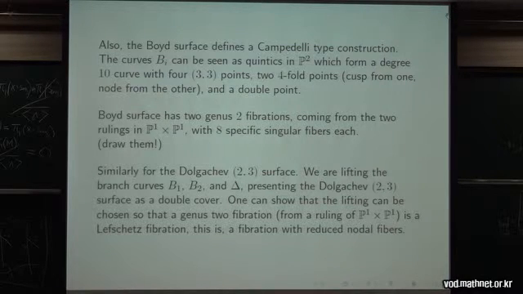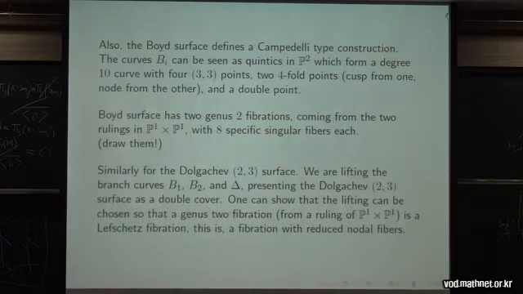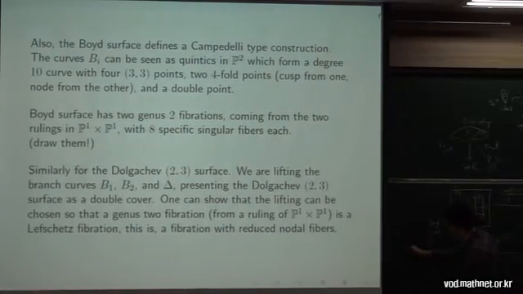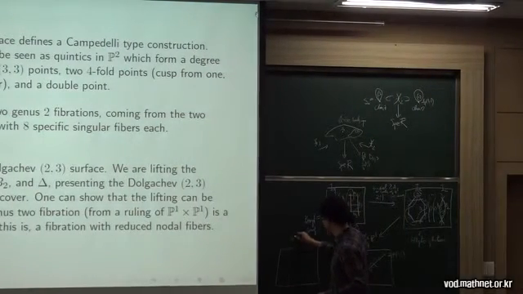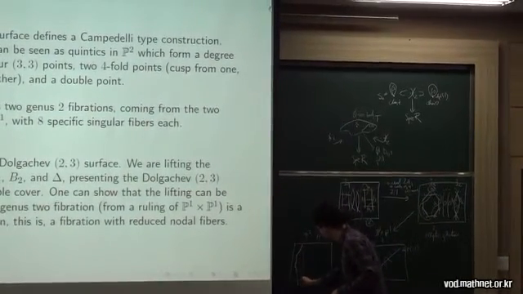Another point is that in this void surface, we can see 2 genus 2 fibrations given by the rulings, with a very specific type of configuration of very specific singular fibers. So I will draw them somewhere here, maybe. So this is another way for the void, which would be a genus 2 fibration. So here the general fiber has genus 2. And then you will see this situation, which is different from